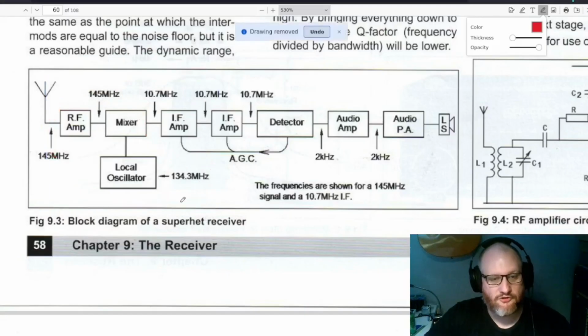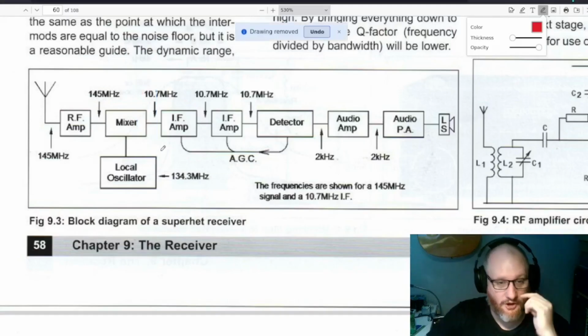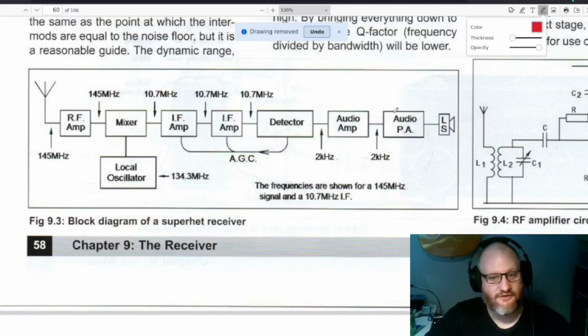And the whole point with a superhet receiver is that it always mixes down to 10.7 megs, and that basically means that everything after this point is super optimized for 10.7 megs, the intermediate frequency. We can see here we've got a couple of stages of IF, intermediate frequency, amplification. Then we've got our detector, pulling the useful content out of the signal that we're hearing. In this case, it's probably audio, so it goes into this audio amplifier and is then amplified and sent out through a